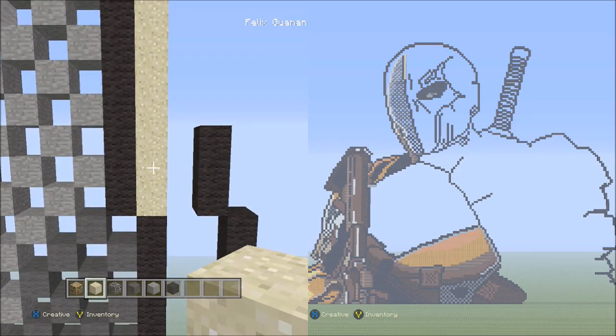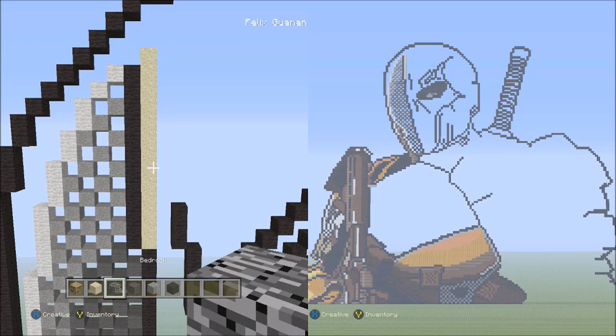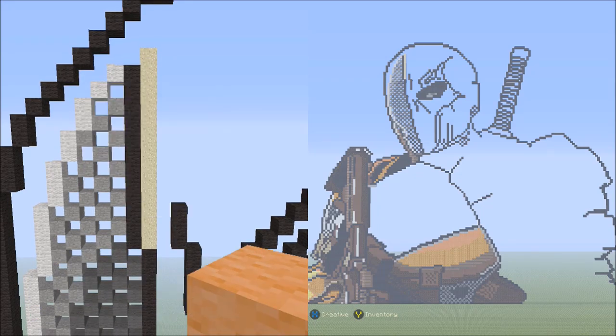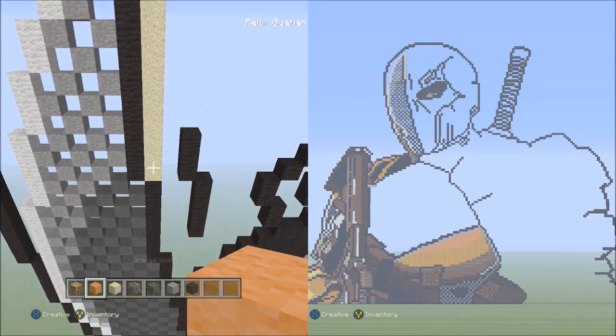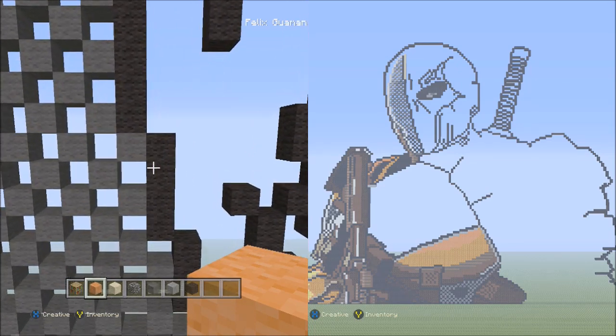So there it is. 13 sand blocks going straight up. And now we're going to be switching over to the orange wool for just a moment. Now with the orange wool, we're going to do the same thing, or similar. It's not going to be the same, but we're going to move down here, and this time we're going to start on top of